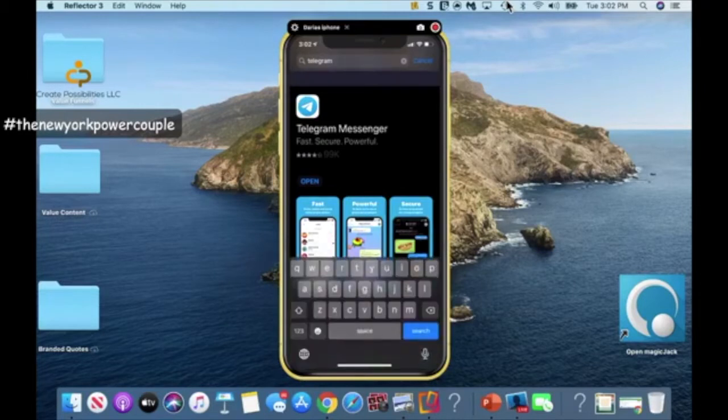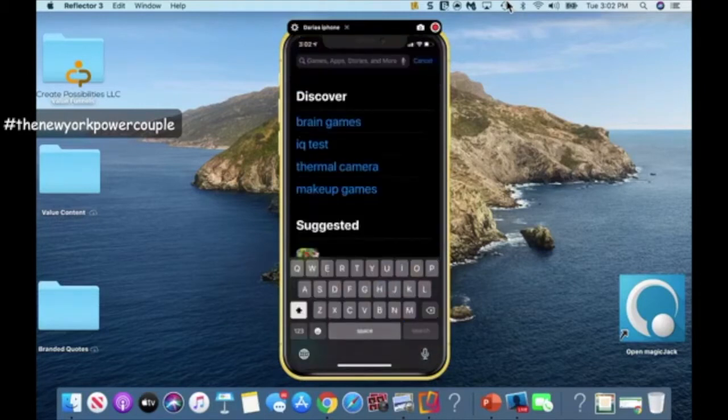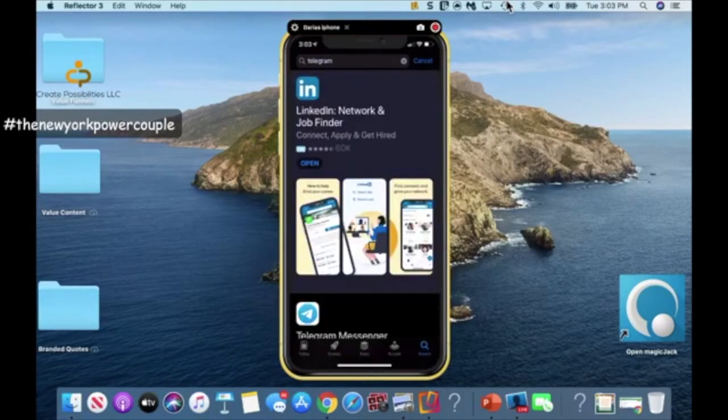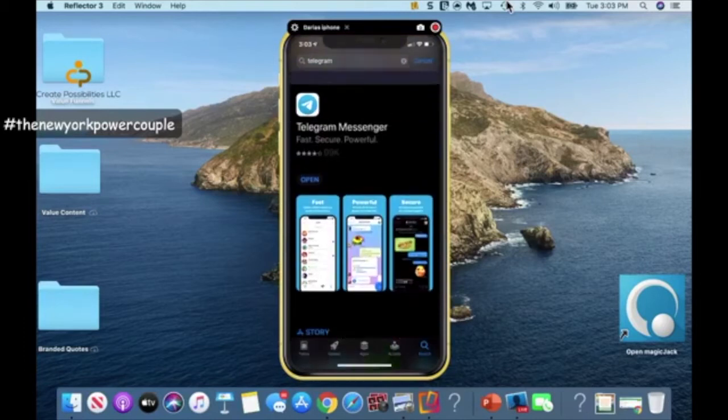I was already playing around with it. So here's my search bar, and I'm just going to type Telegram. Just make sure it looks like this, so that you're downloading the correct thing, because if it doesn't look like that, you're not downloading Telegram. Mine says open because I already have it, but if you don't have it, it's going to say get. So I'm going to open it up,